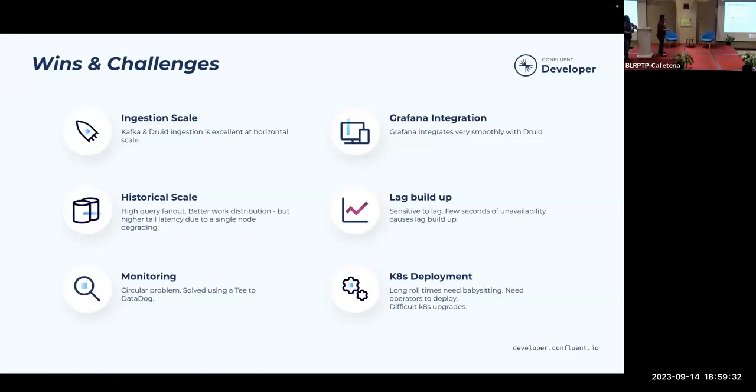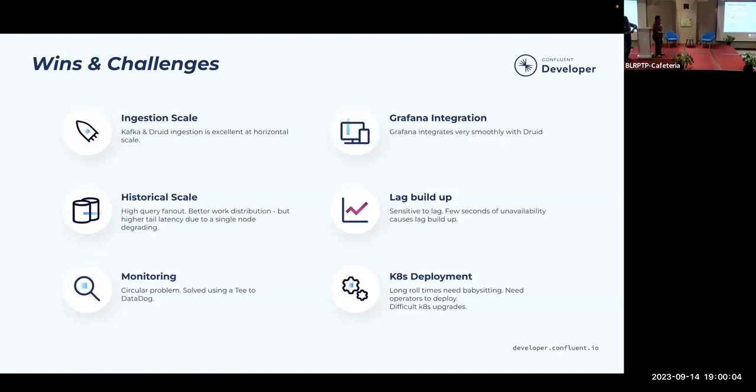And lag has been a big problem for us because our query load is very sensitive to lag between now -5 to now -6 minutes. So that's where most of our queries come in. Yeah, we've been trying to solve this problem, but without much success. Restarting an overlord makes things terrible. If an indexer goes down, it's even worse. For indexer going down, we've been trying to fix it by having ingestion task replication.